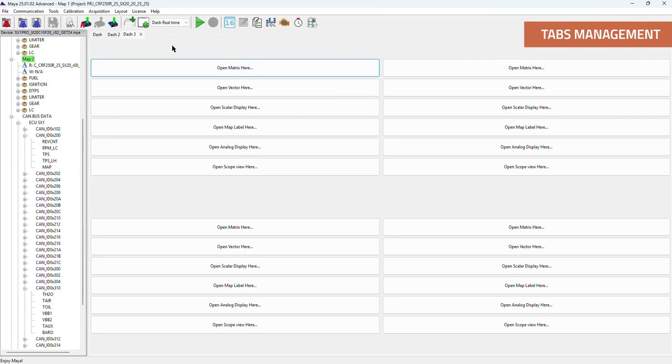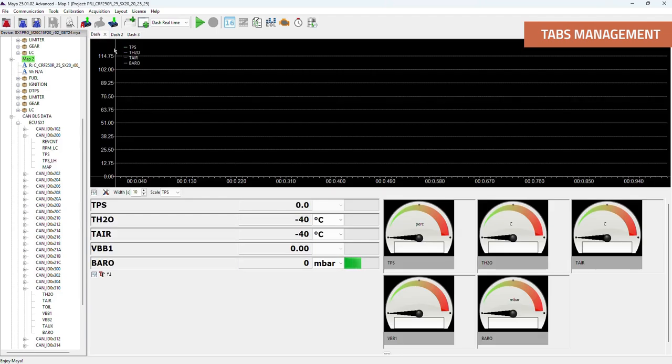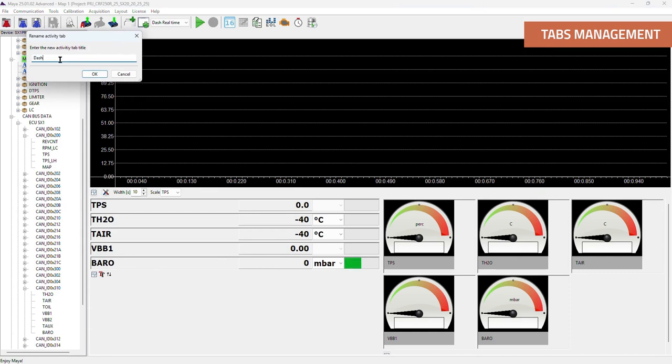Another feature of the layout function is that we can also rename the activity we just created, even after it has been made, by using the rename option. In this case, to keep things consistent with the previous ones, we add a name.